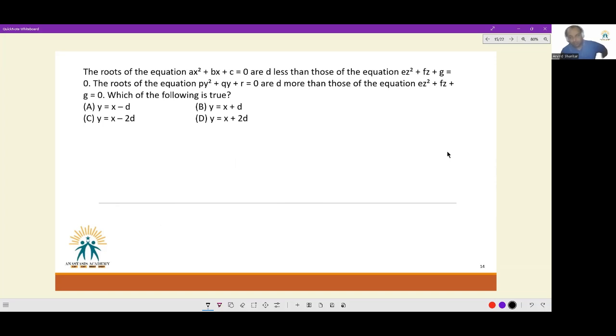Next question. Roots of the equation ax square plus bx plus c are d less than those of the equation ez square plus fz plus g. And the roots of the equation py square plus qy plus r are d more than those of the equation ez square plus fz plus g equal to 0. Which of the following is true? Now, the wonderful thing that you can note here, you can solve it via technical ways. Lots of technical ways for solving this most definitely exist. But